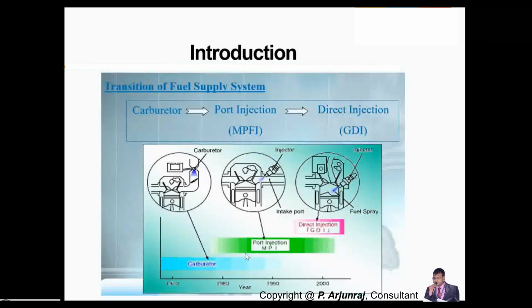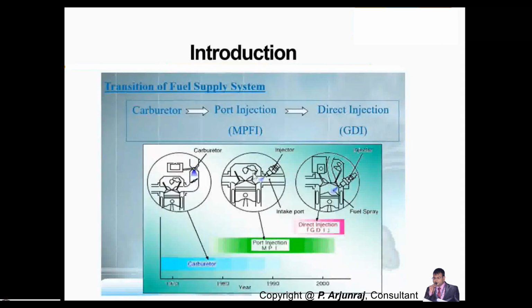We will see what are the differences between the carburetor, multi-point fuel injection, and GDI. Basically, in the case of gasoline direct injection, the injectors inject the fuel, and the fuel is sprayed into the combustion chamber directly. Whereas in the case of multi-point fuel injection, unlike gasoline direct injection, it is not directly sprayed